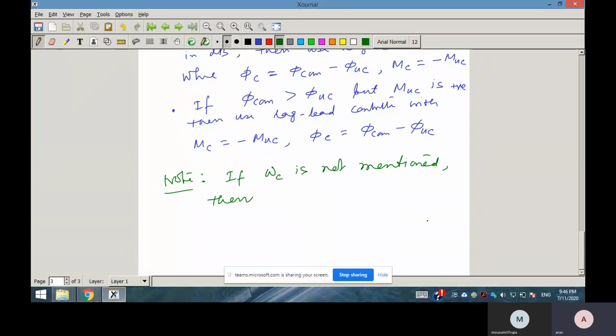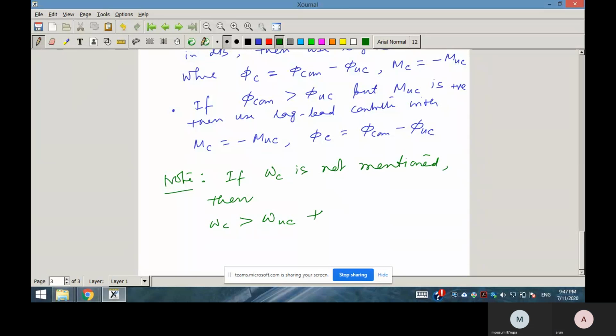You can choose. If you choose omega C greater than omega UC, where omega UC is the gain cross frequency of the uncompensated system, that means you want the gain cross frequency of the compensated system to be more than that of the uncompensated system,